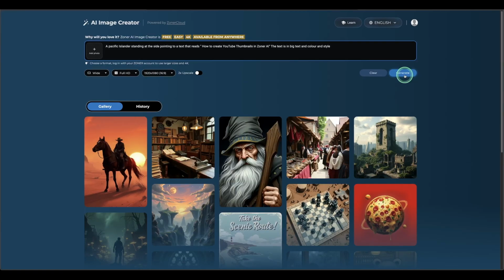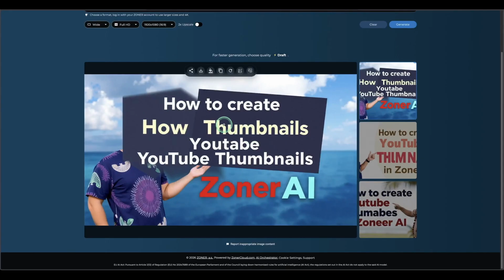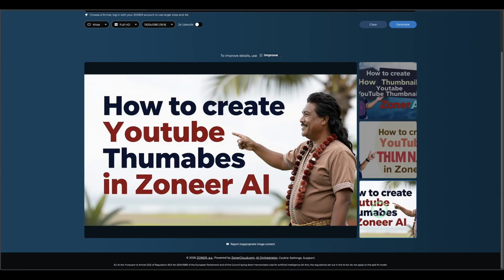So let's click on generate. So here is the first one. That's not what we want. Or maybe this one. How to create YouTube thumbnails in ZONER AI. Now this is what I want to use, but then I don't want the long hair, so I need to